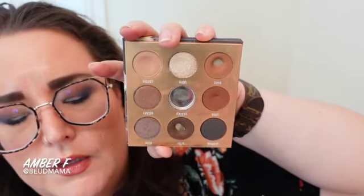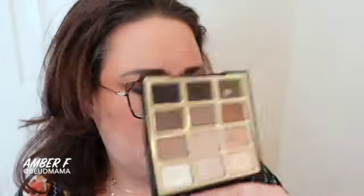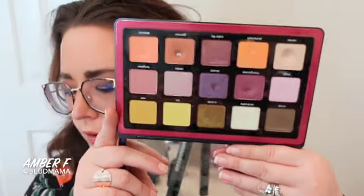16, I mean technically 15 since I didn't use excess, but like 15 shadows. Of course, all these. And then I've got 17 with the 2 shadows I've hit pan in here. Then 18, 19, this makes 19. And 22 once we include Natasha Denona Triochrome. And then I've got my Made for Mocha eyeshadow single from Maybelline to make 23. So not bad. Hitting pan in 23 eyeshadows considering how up and down my makeup has been this year between